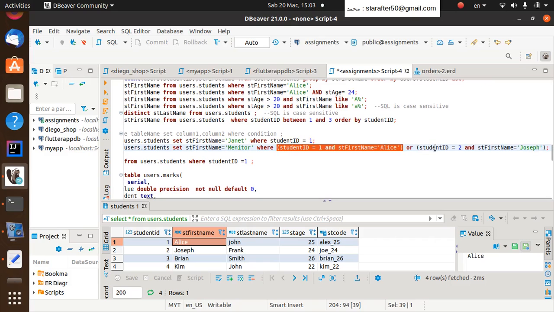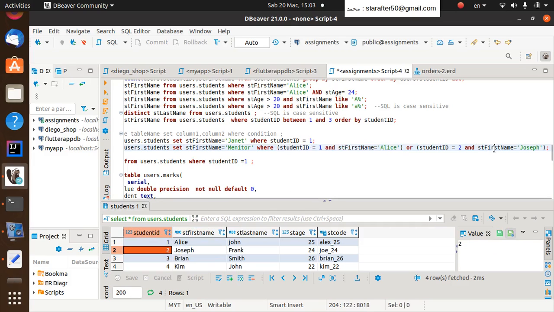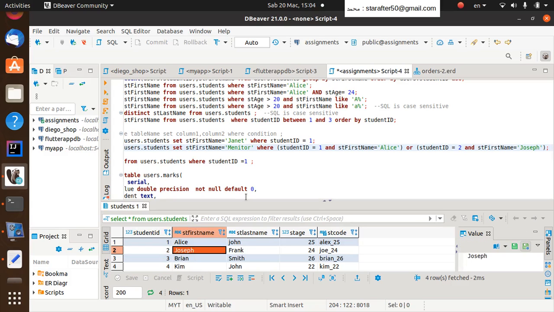What is it? It's the student ID number 2 and the first name is Joseph. In this case, this condition will be true because the student ID is 2 and the first name is Joseph. In this case, what will happen? Joseph will be deleted and I will replace it with this value. That's what will happen. So the where clause will check the conditions one after the other using the OR clause. Okay, this is about the update